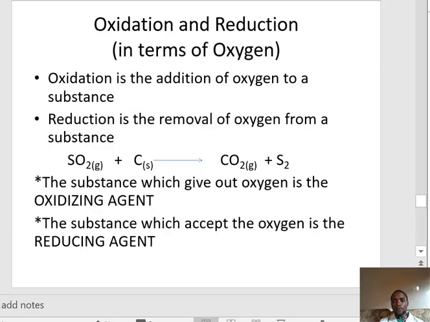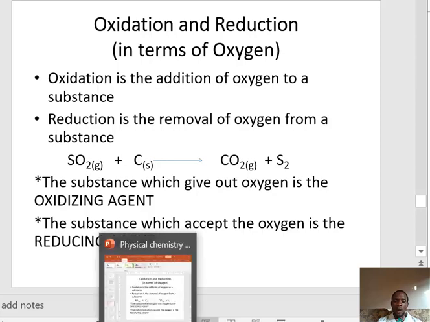Another reaction is oxidation and reduction. We are going to define oxidation and reduction in four ways. First of all, we are going to define it in terms of oxygen. In terms of oxygen, oxidation is the addition of oxygen to a substance, while reduction is the removal of oxygen from a substance. If you look at the equation here, sulfur(IV) oxide combines with